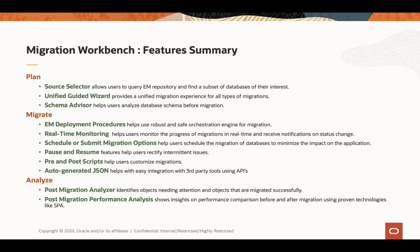In the migrate phase, Migration Workbench helps with EM deployment procedures for live tracking or real-time monitoring of the migration job. You can also schedule and submit migration options. You can pause and resume various migrations. You can also customize migrations using pre and post scripts and auto-generate a JSON file to integrate with any third-party